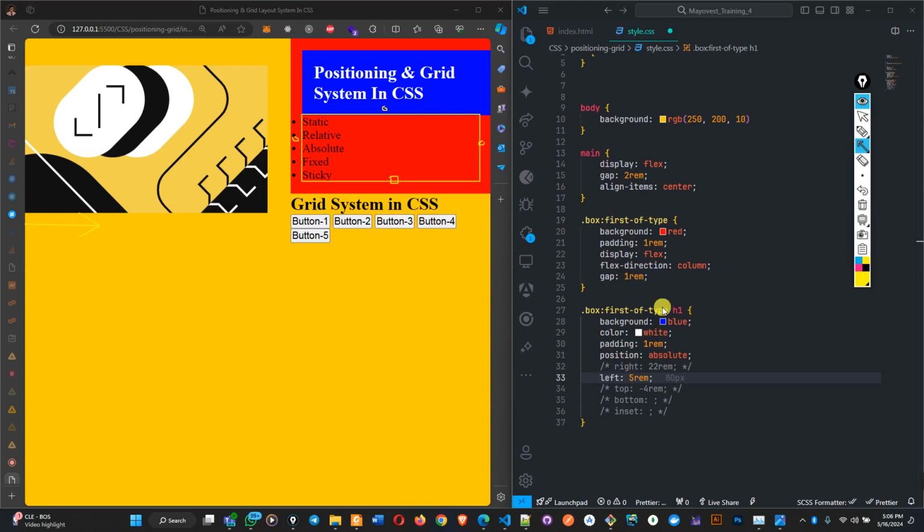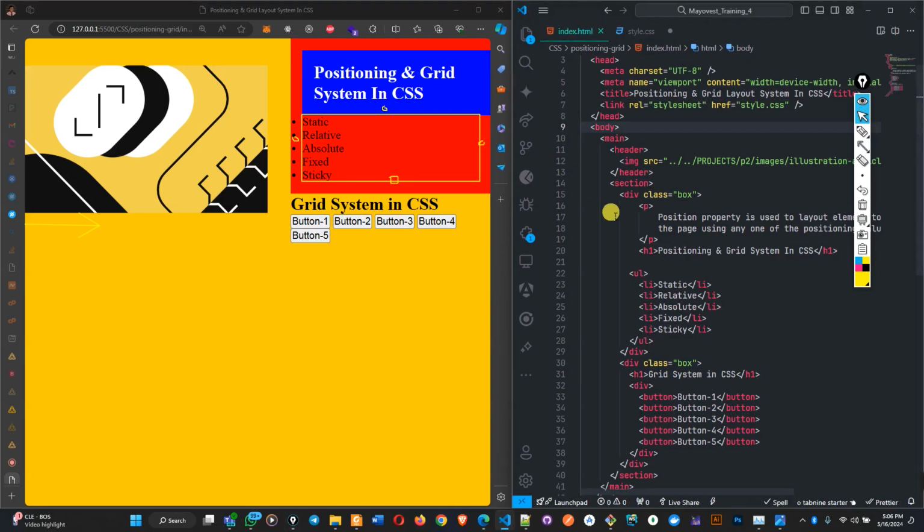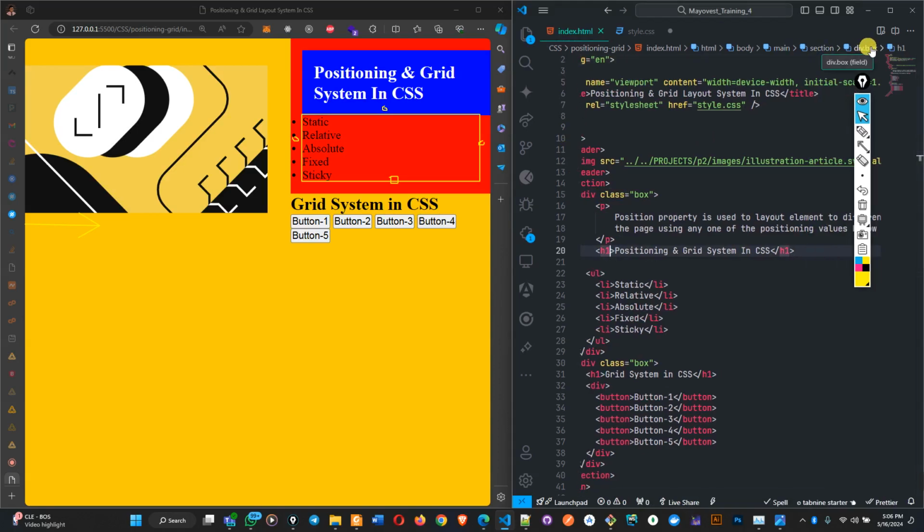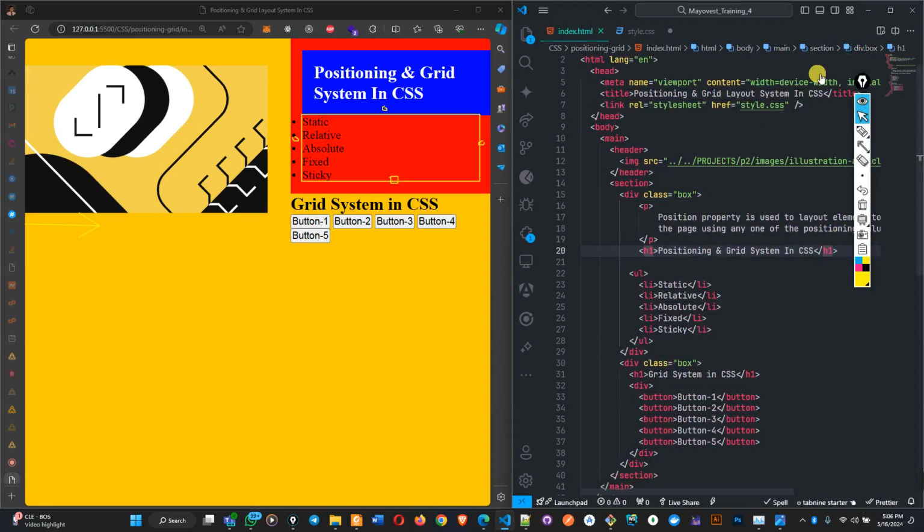Why is it using body? It's because its parent is not positioned there. So the box is not positioned, the main too is not positioned. And if you check the HTML, those are the immediate parents that you have there. So we have this is the H1. Where is the H1 located here? As you can see, it is located inside this div. And apart from that one too, it's located inside section 2. So the section is here. Then if the section 2 is not positioned, it will check for the main. If the main is not positioned, then it will check for the body. And since none of the other immediate parents are positioned here, then it will be using body to calculate its